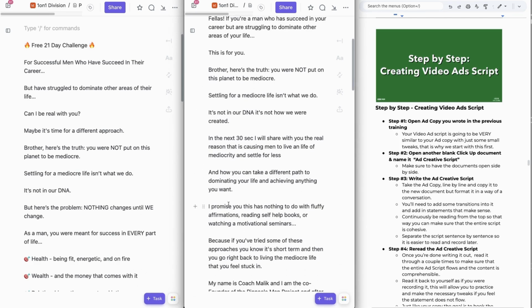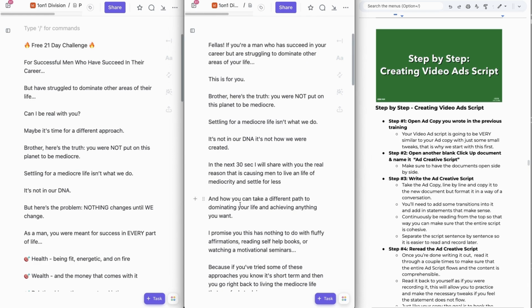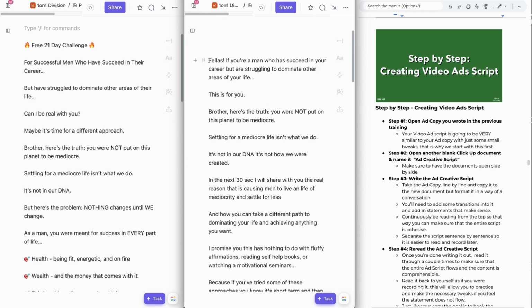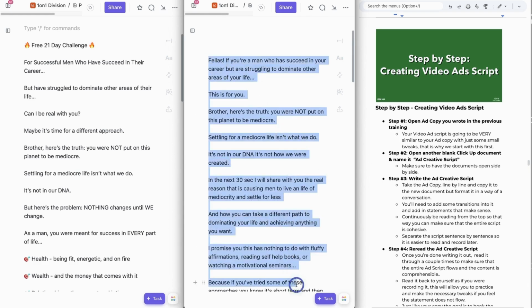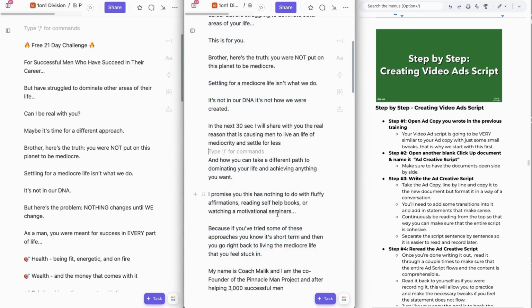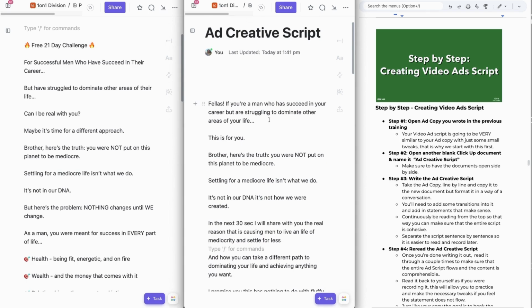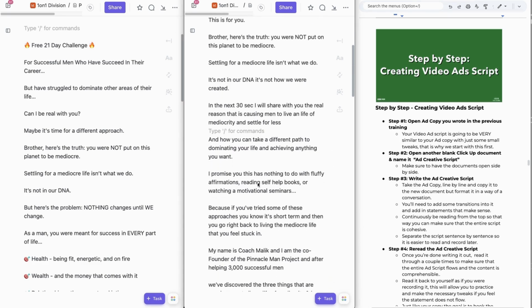So as I'm moving stuff over, I'm going to edit things, I'm going to change things, I'm going to tweak things. And what that will allow it to do is flow with the entire point that I'm trying to get across. What we also recommend is you also want to actually separate these sentences out individually. And the reason we do that is because this will allow you to record very easily